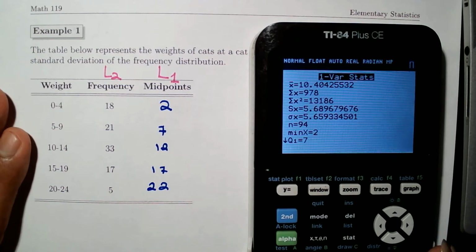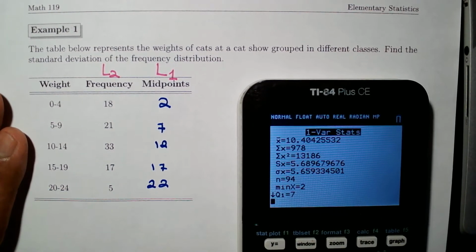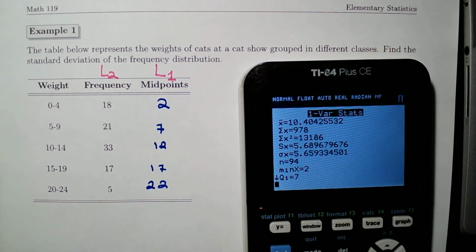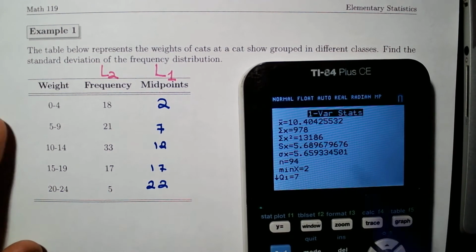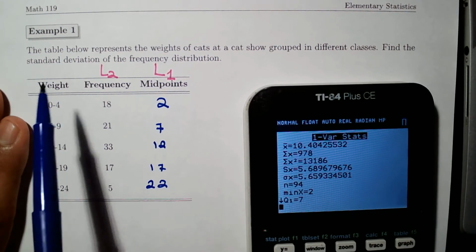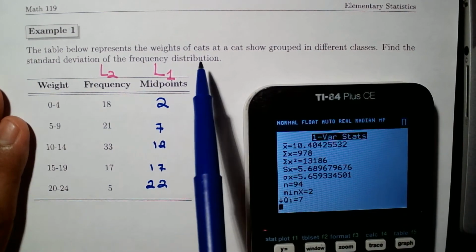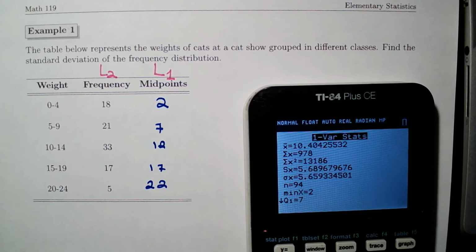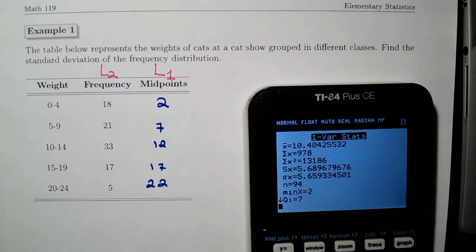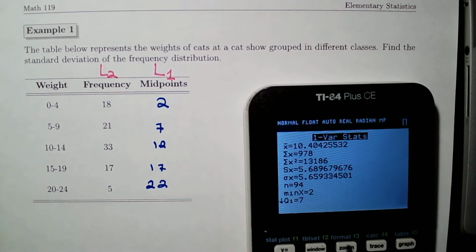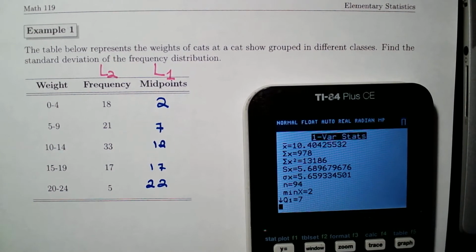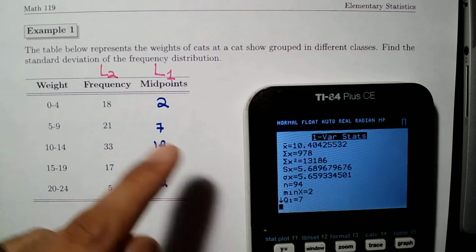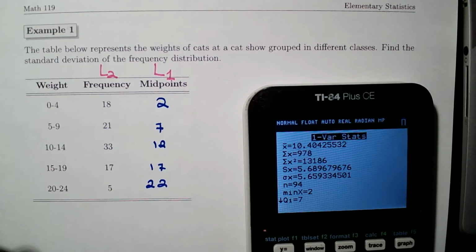Again, it's going to depend on what we are talking about. Are we talking about a sample or a population? In this case, they're telling us the weight of the cats at a cat show. It sounds a lot like all the cats. They're not telling us, for example, the weight of 94 cats from a cat show. In that situation, we would be looking at a sample. Since in this case they're basically telling us all the cats at the cat show,